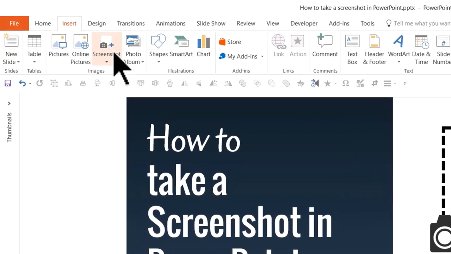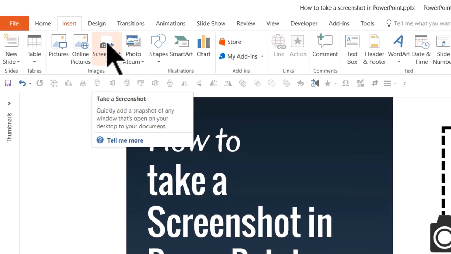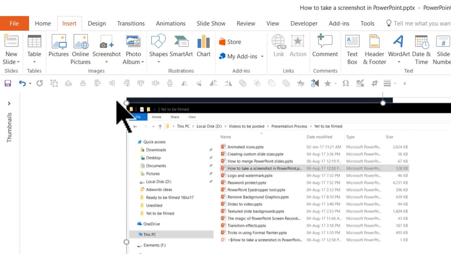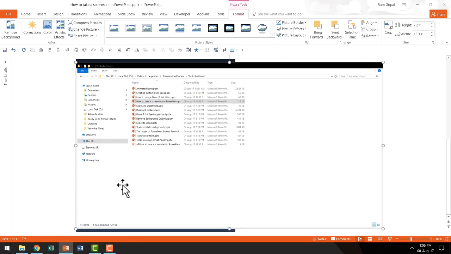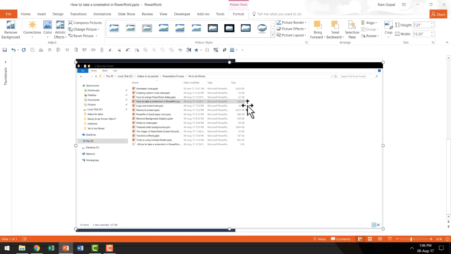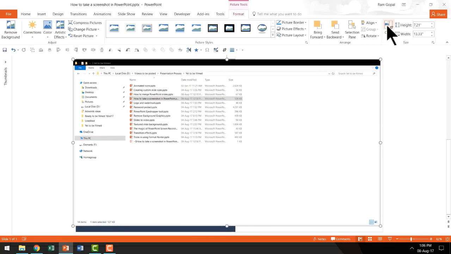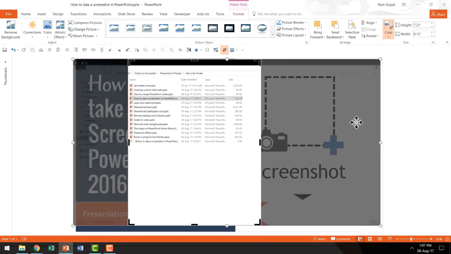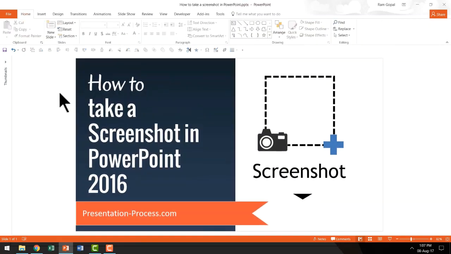I go to Insert, Screenshot, and I click on the small arrow right under the icon for screenshot, and this window opens up. You can see that I can select to showcase the available windows here. In this case, I want to show you all the contents of one of the folders that I've opened just recently. I can click on it and instantly I have a screen capture of this particular view. So that is what is captured here. Of course, once you have this available, you can go to the crop tool and crop it the way you want, as you would do to any of the regular pictures. So that is one way of inserting a screenshot.